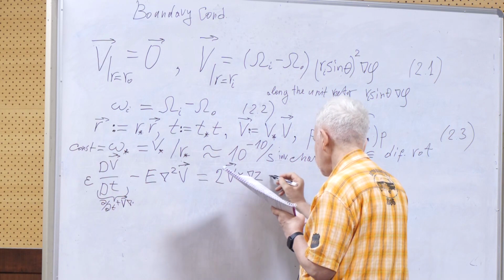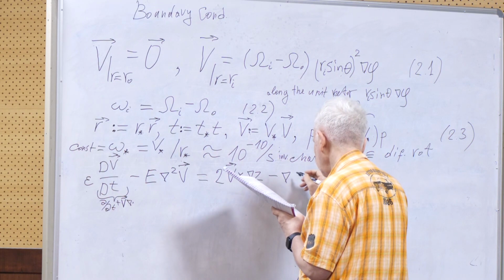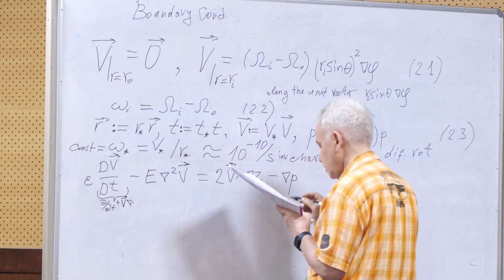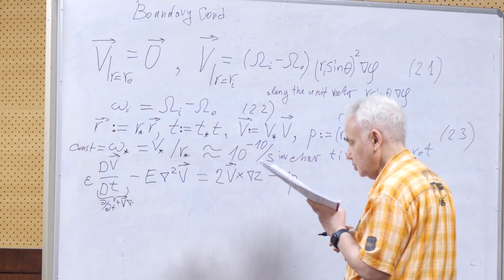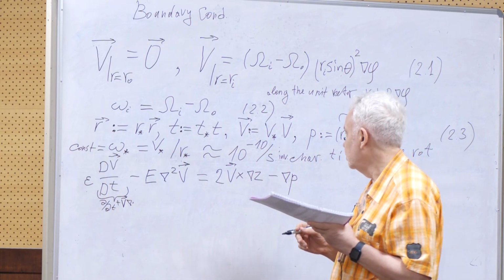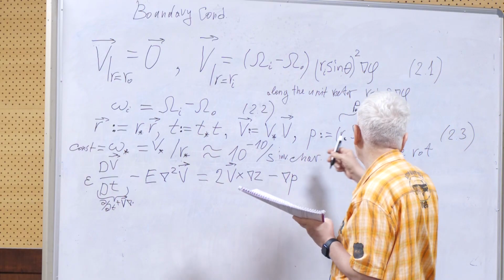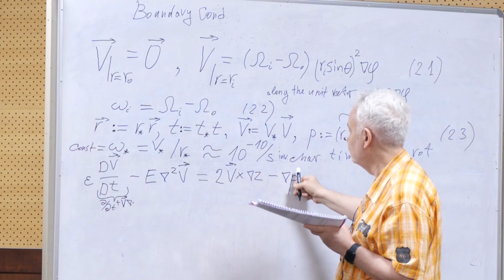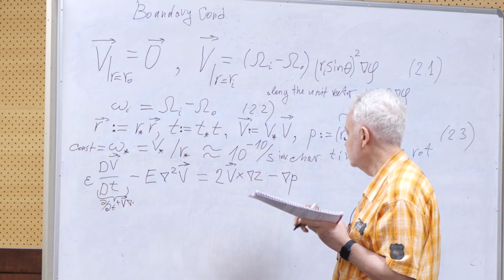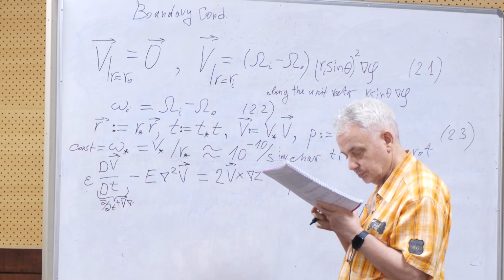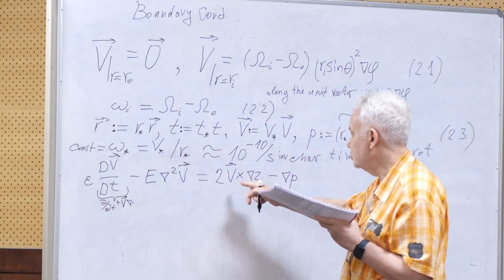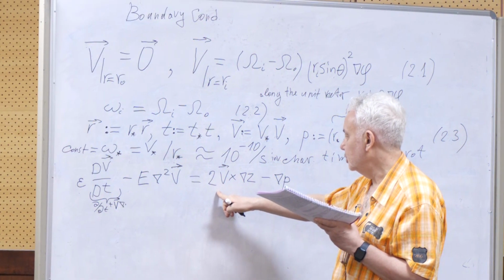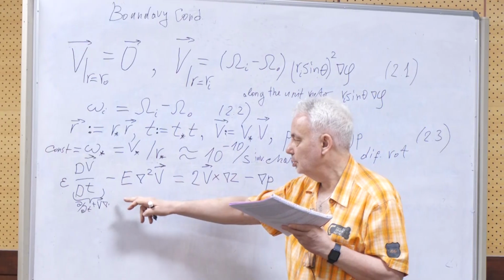Then, of course, there is the effective reduced or normalized pressure. It remains the same because we specially chose this representation for the pressure, just to keep the pressure without anything. So it will be quite easier. And also you see that in the Coriolis term the omega disappeared, but two